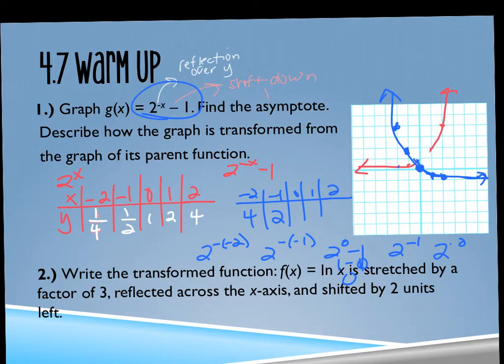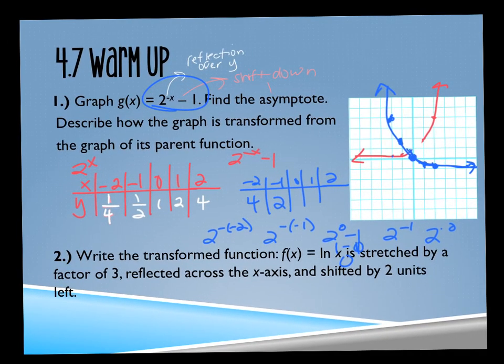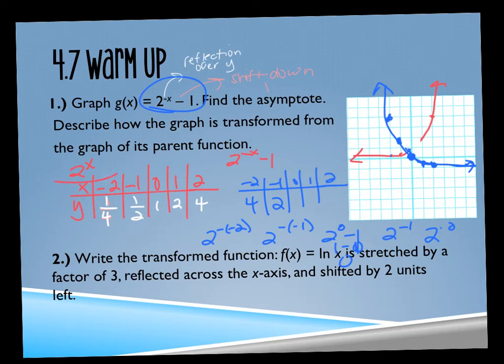Other questions? Yep. Why did you put 2x on top of the x? For this one, you mean? Yeah. So that's the first way to graph it, is graph the parent function and then shift it. So we took the parent function without any shifts, and then we could have taken that, flipped it so that it faces the other way and shifted it down 1 place